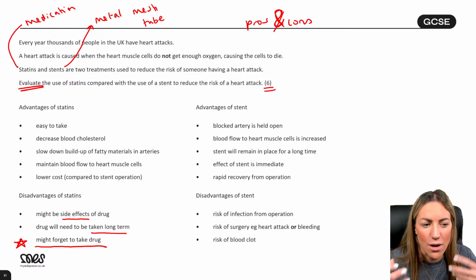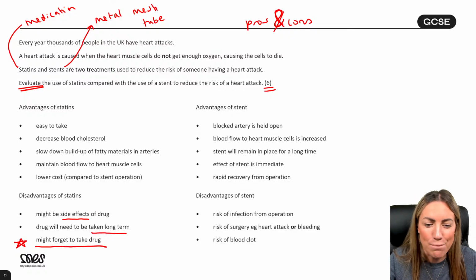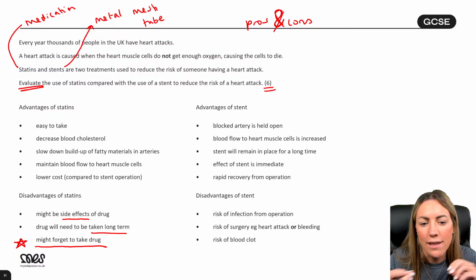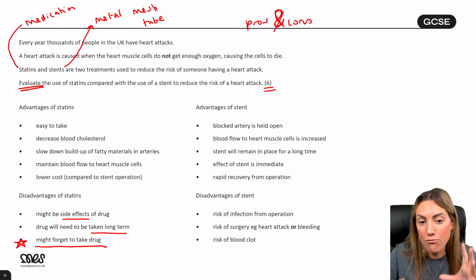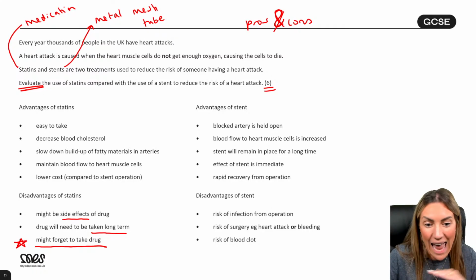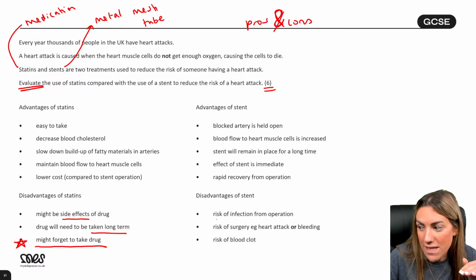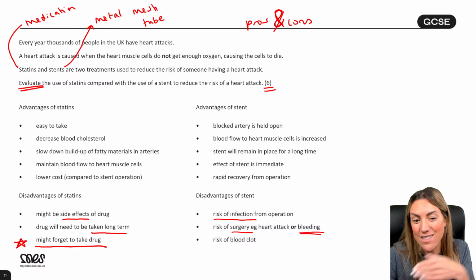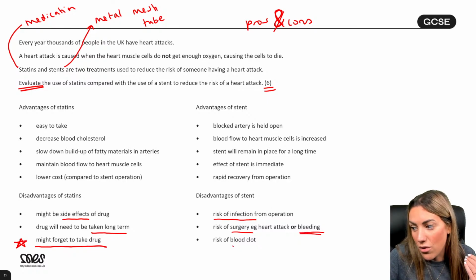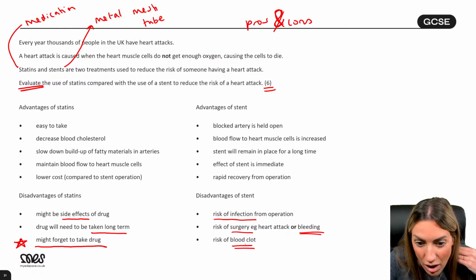So it's, you know, I mean, any surgery has risks, right? But it's quite a rapid recovery, and it's quite a low risk procedure because doctors will do a lot of this operation, but there's always risks. So good ones to remember for any operation: risks of infection, risk of surgery. You could have bleeding because you're going into a blood vessel. It could burst. You could also have a blood clot.